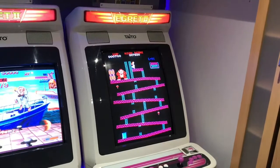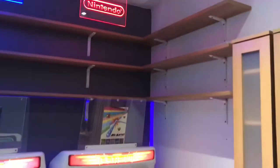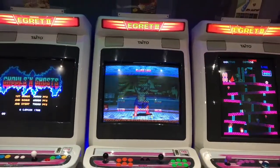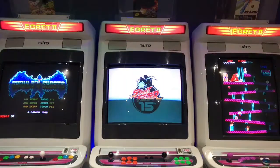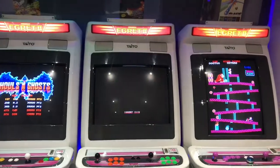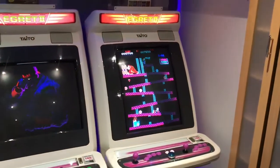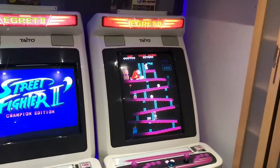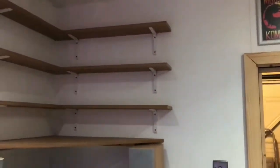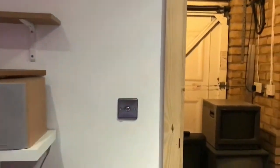and thinking about all these shelves filled up with games I'm never going to play. I thought, oh, I'll cull it down a little bit, rather than having all the shelf porn. I can get rid of a lot of that, not a lot of it, but get rid of some of it and fund maybe a Donkey Kong cab in the future. I definitely want to fund getting, basically I want to make the game room bigger. So you see this wall here, I'm going to knock through, and